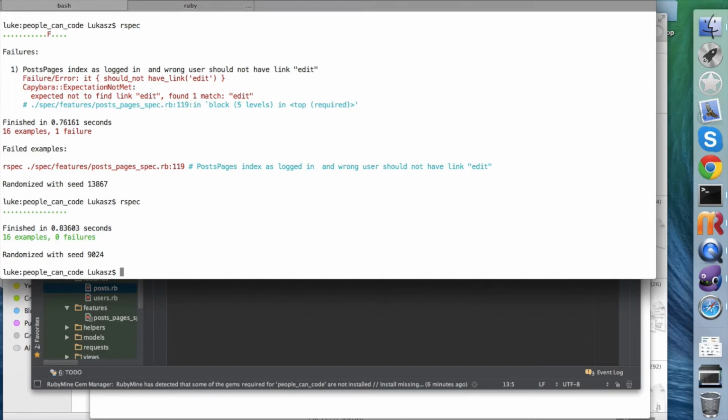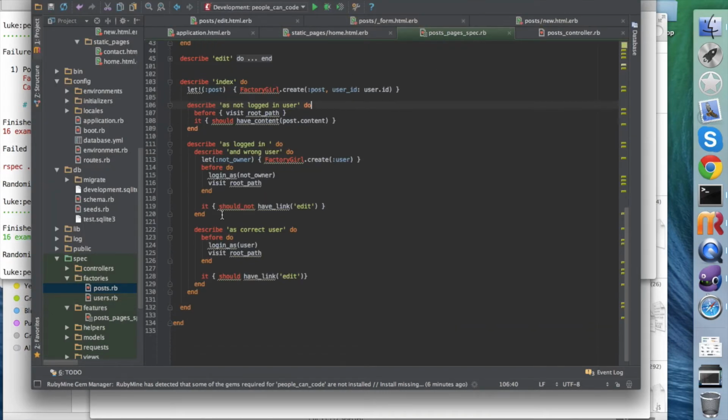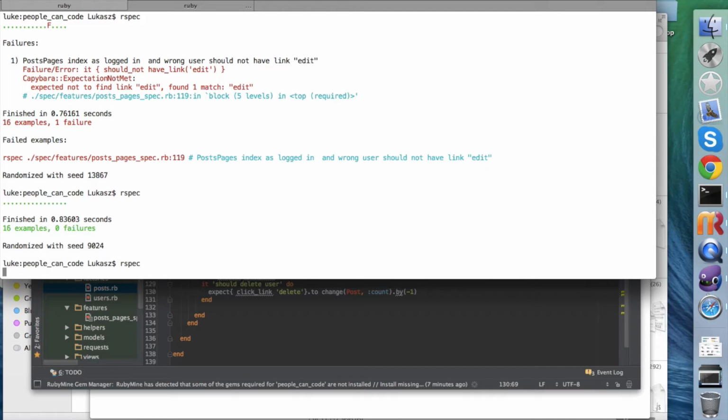There is one more thing that we want to do, is to be able to click the link to delete and also delete the post by doing that. So let's write the test for that. We stay in as a correct user, and we'd say, okay, it should delete user do expect click link delete to change post count by -1. If we run that, it will complain about the lack of the link, which you can see there